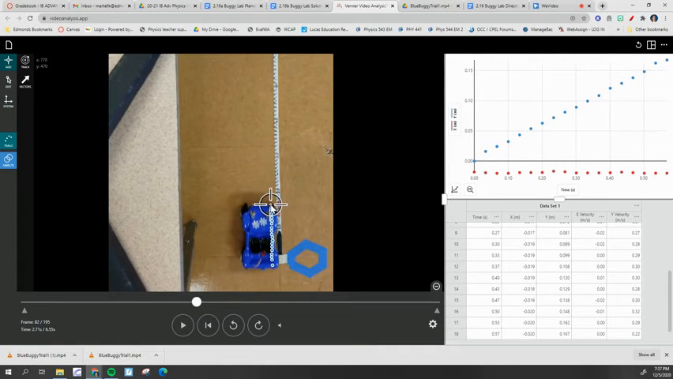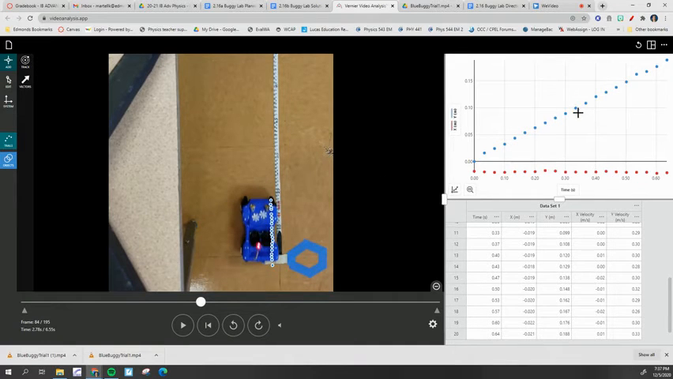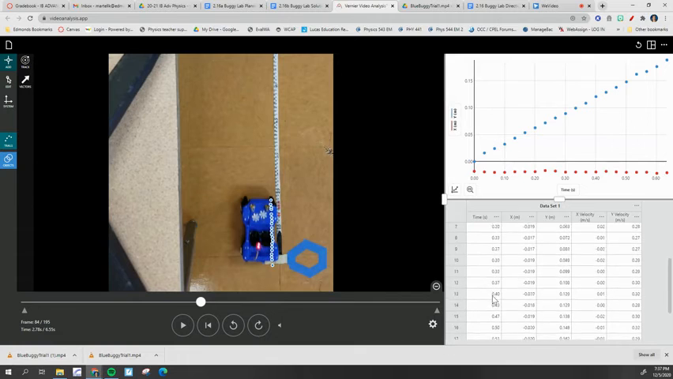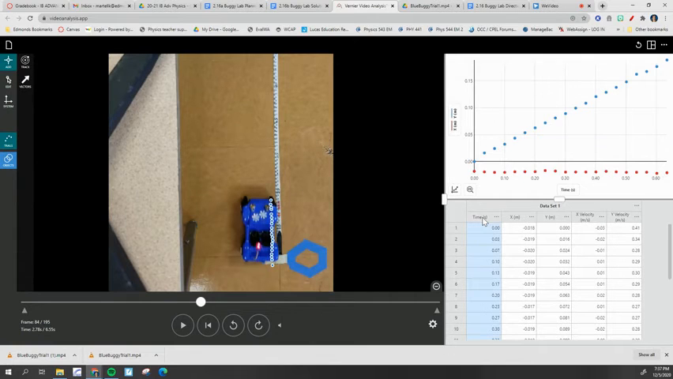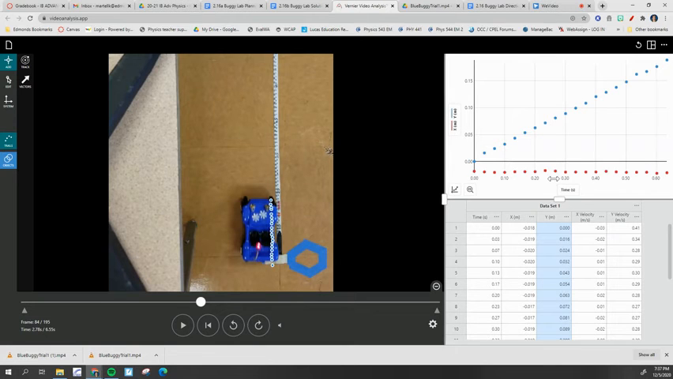Okay, once you do have enough data collected, so once the buggy has gone all the way to the 1 meter mark, then you can decide if you want to use the data from the table. Again, we're looking at the y direction, so look at the time values here in this column, and then also the y position values here. Or if you want to, you can use the